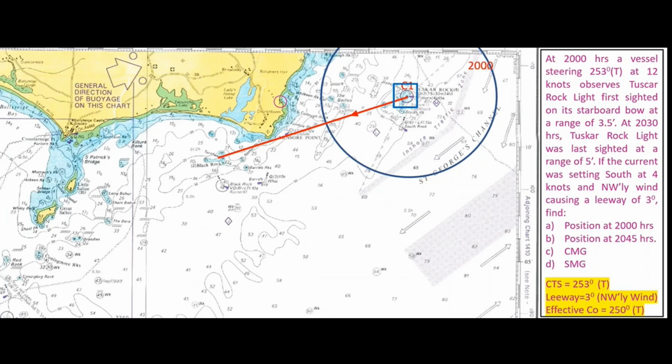So in half an hour, the engine distance shall be 6 miles. So we mark off 6 miles on it, we get this point A. Now wind allowed for, now is the time to allow for current. By now we all know where the current is to be plotted. The current is to be plotted at